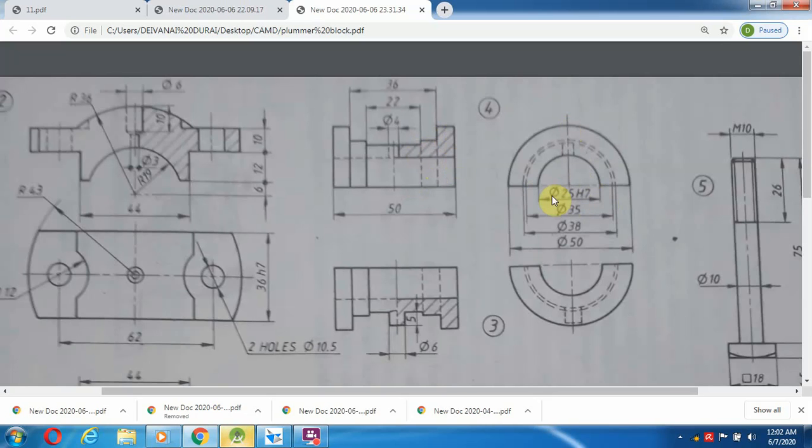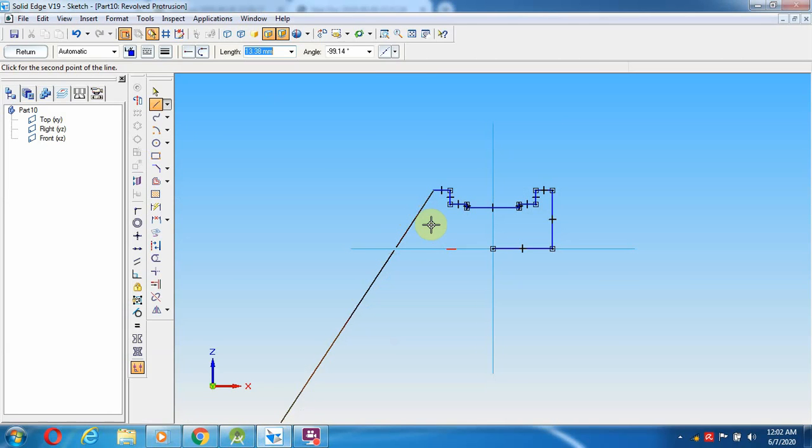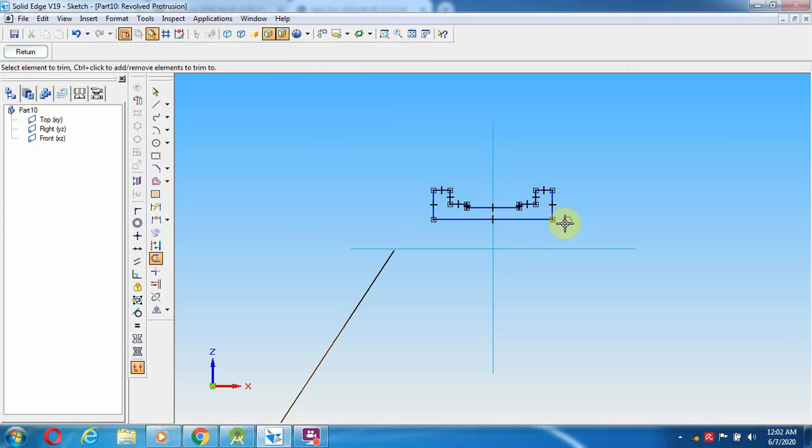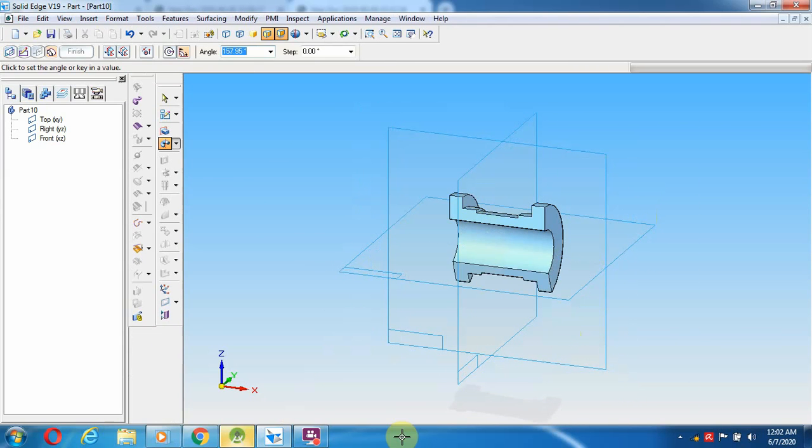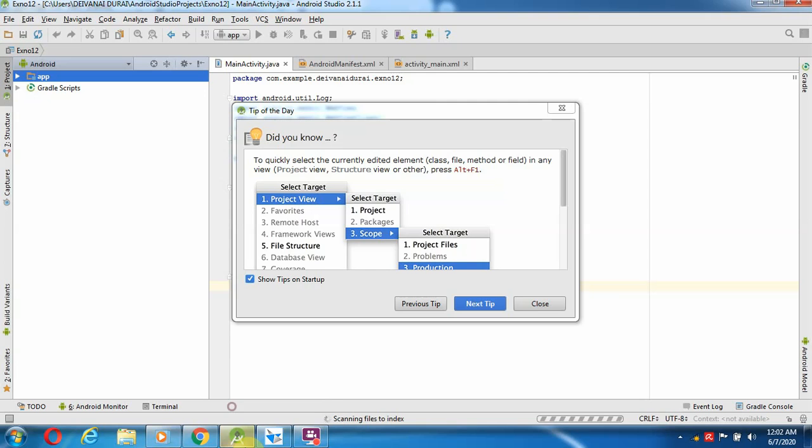So what is that line? It is 25 mm, so from here 12.5. Those lines we draw at 12.5 mm, then enter, draw a straight line here, then select the trim option. With the help of trim, this line as well as this line has to be trimmed. Then select the axis of revolution, this line. So now it is only off.